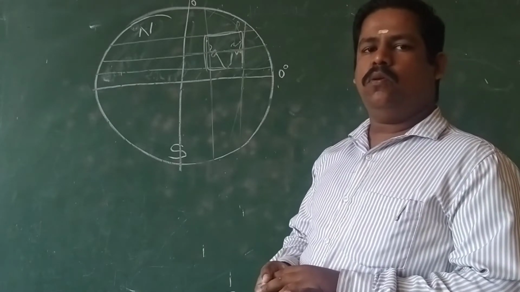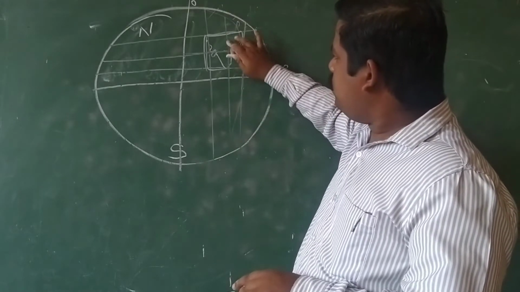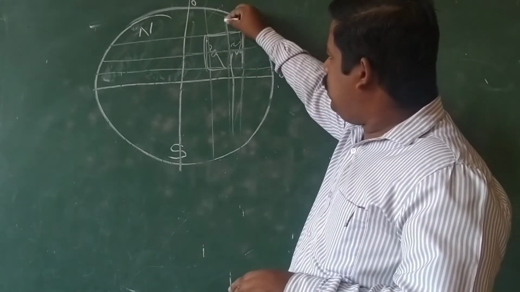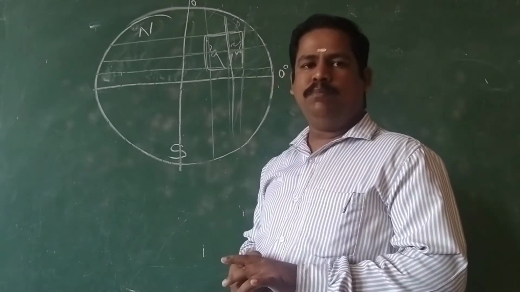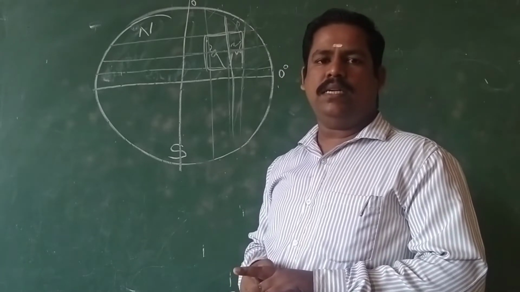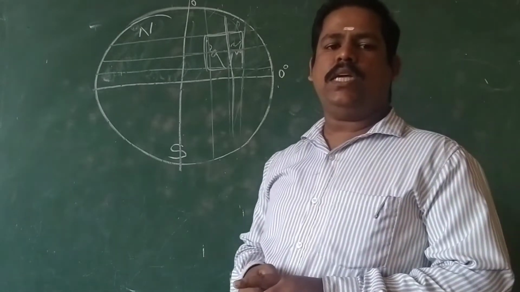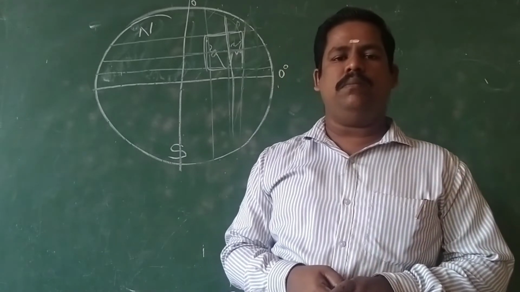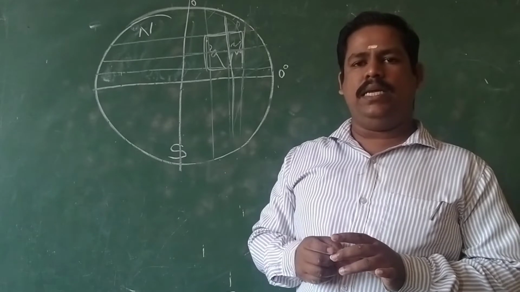Now let us go through another longitude which passes through the middle of India, like this. Not exactly, it will come like this. Which longitude passes through the middle of India? The answer is the Standard Meridian of India, that is 82 degree 30 minute east longitude. That is the longitude we have taken as the standard meridian of India, and Indian Standard Time is calculated based on this longitude.